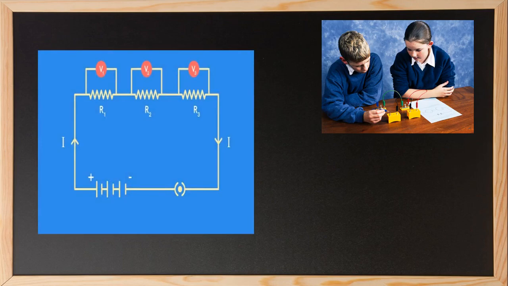Now, if you observe this circuit diagram, which consists of resistors combined in series, between the points X and Y you can see three resistors R1, R2 and R3, which are connected end to end respectively. The potential difference across the complete circuit is capital V. So the total potential difference is capital V, and the potential difference across R1 is V1, across R2 is V2 and across R3 is V3.